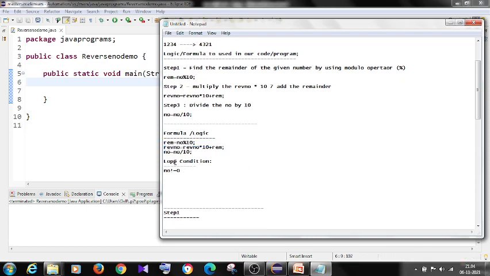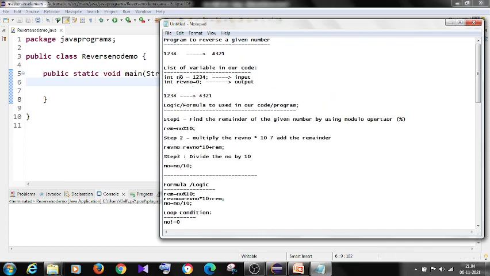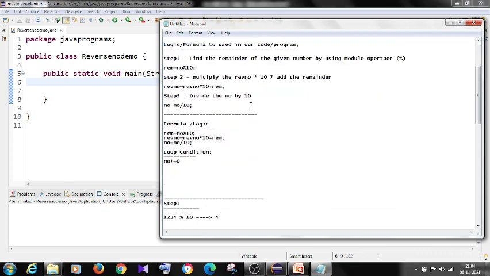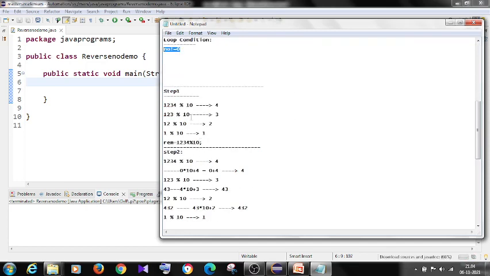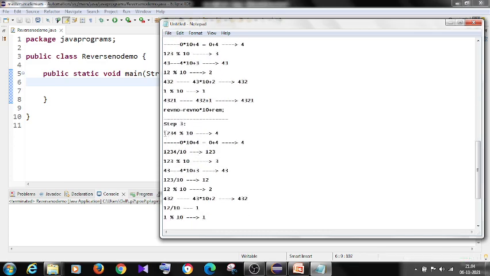This is the loop condition, and these are the variables we need to implement. We need to implement one more variable called int remainder. These three variables and this formula or logic we need to implement. Okay, so this is the explanation I gave. Step number 1 will happen, then step number 2, step number 3. So step number 3 we are combining here.